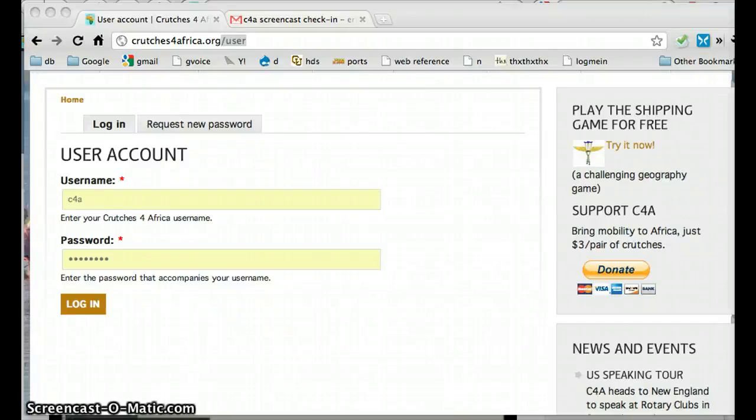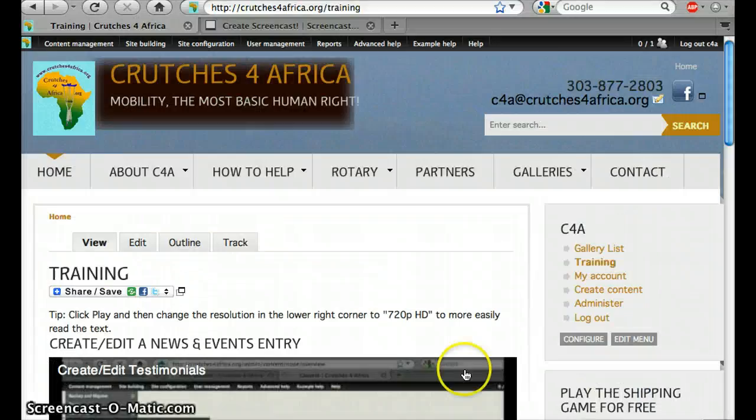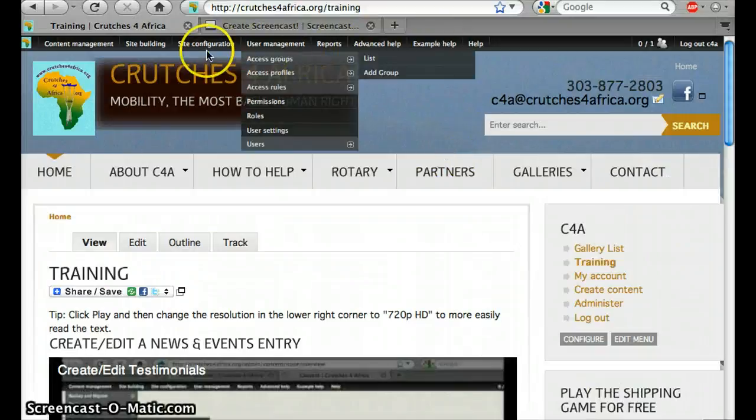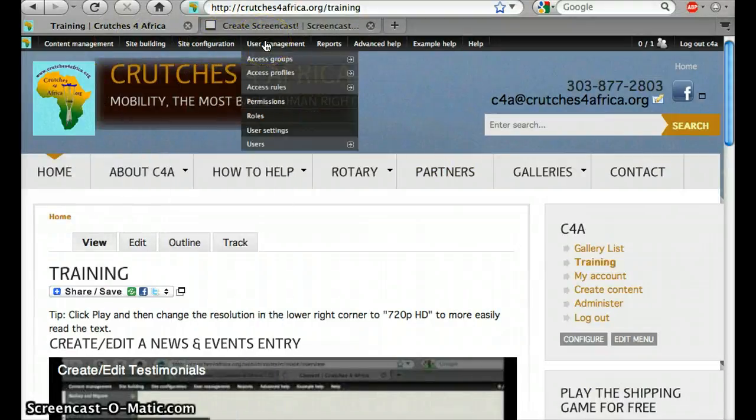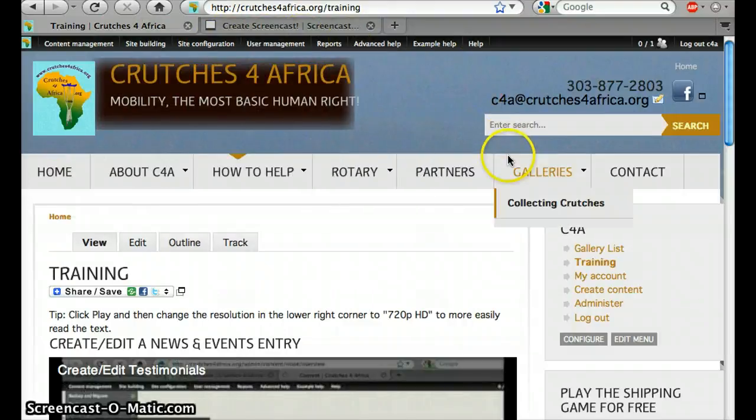In this video we're going to show you how to edit content and also add images to a page. So you want to go to /user and log in with the credentials I provided you. Once you're logged in, you'll see the drop down box on the top, that black bar that has all the additional things that you can do with the site, and as well you'll see 4 new tabs on